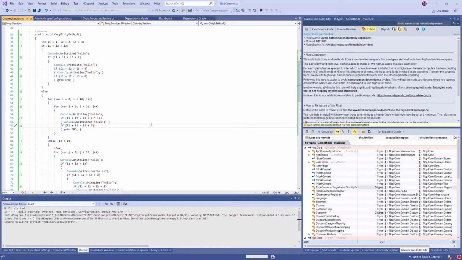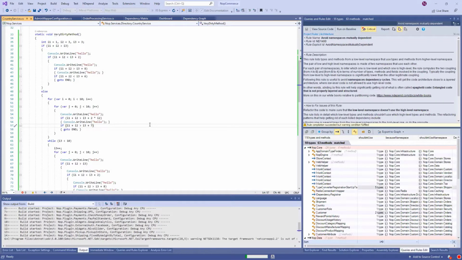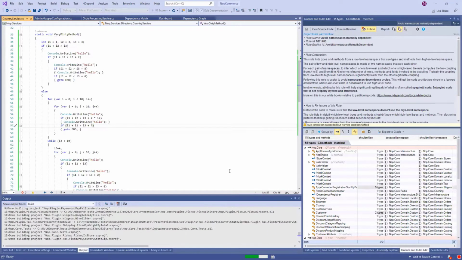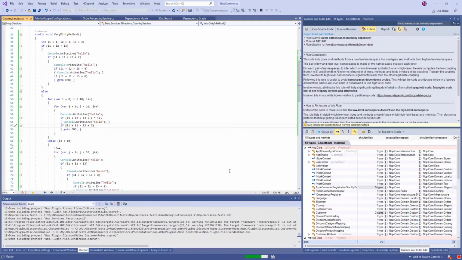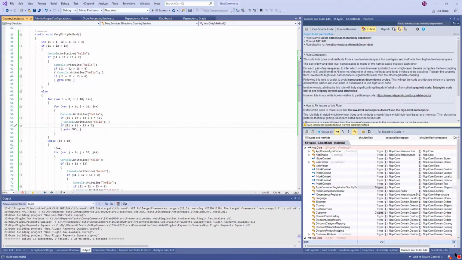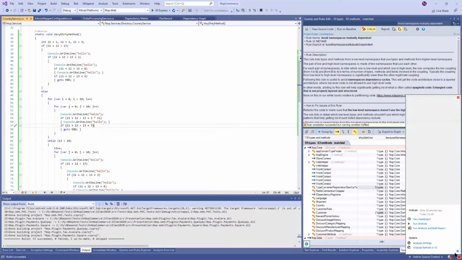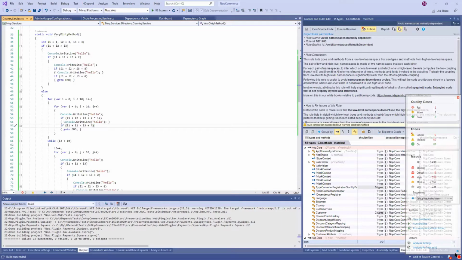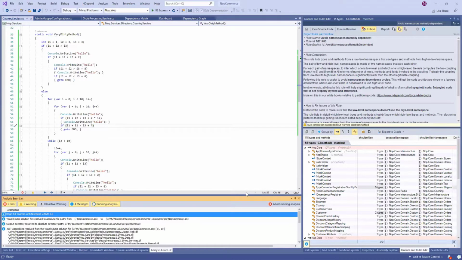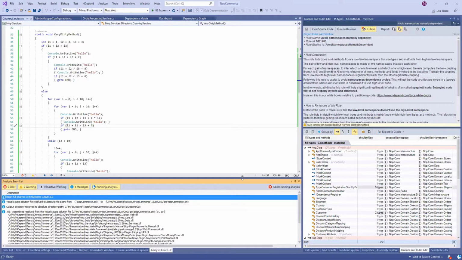So contrary to Roslyn analyzers, NDepend needs new code to be recompiled. Okay, and then it can execute this analysis again, which is very fast. So here I'm doing it manually, but I can change the setting to do it after every build. So from this little round NDepend circle, I click run analysis. It should take like 5 to 10 seconds.